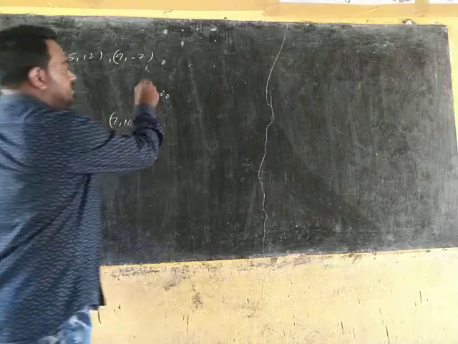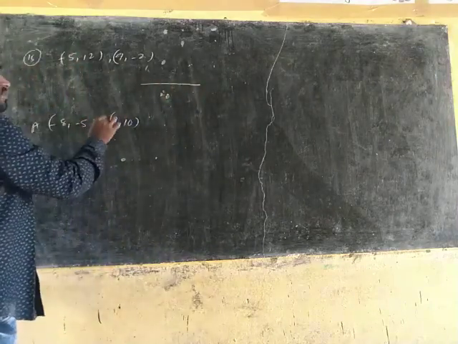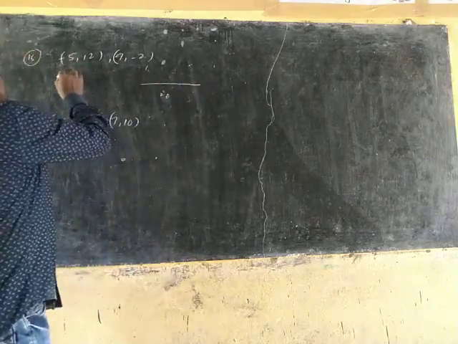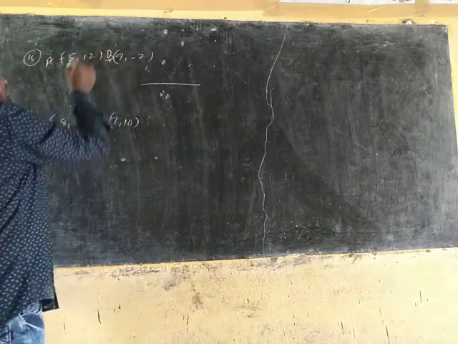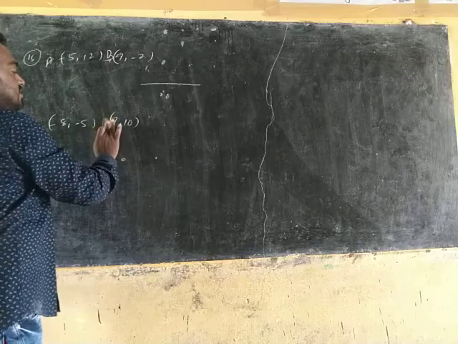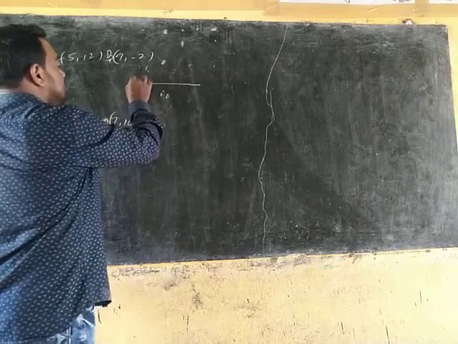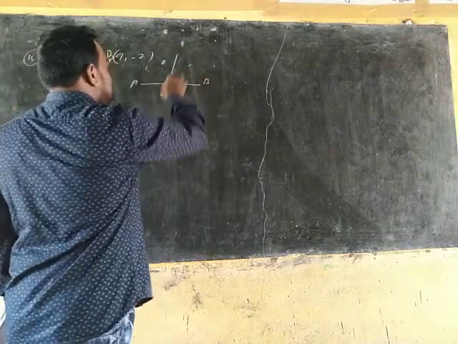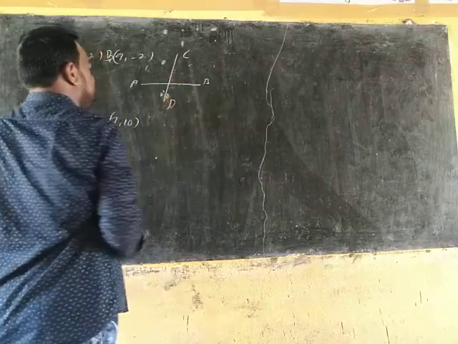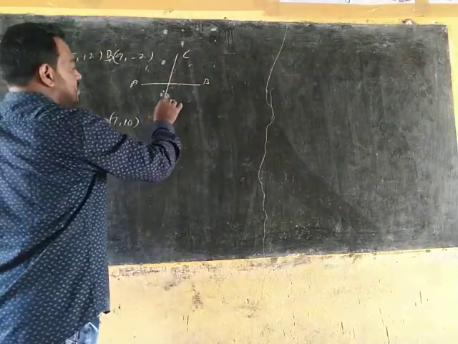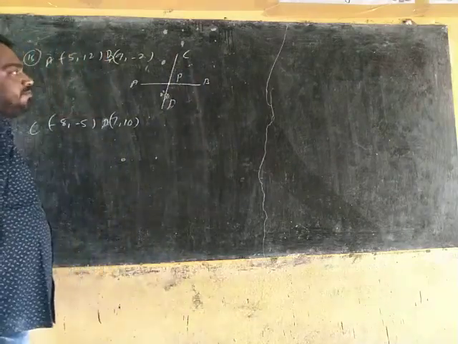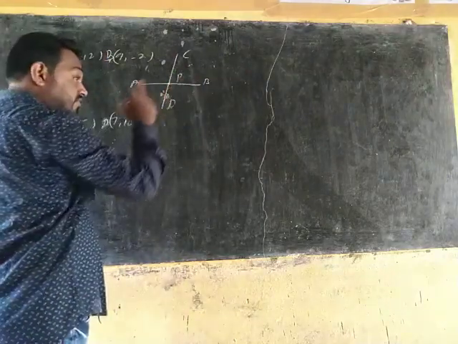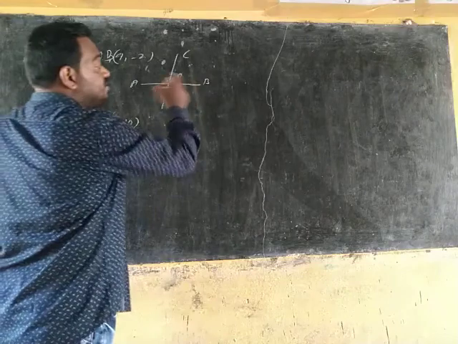So one of the midpoint of these two points, join this one, a comma b is there. Otherwise you take it as (a, b), and these you take as (c, d). This is (a, b), this is (c, d). The midpoint of (c, d), that you take as P. P divides AB, the ratio we need to find.